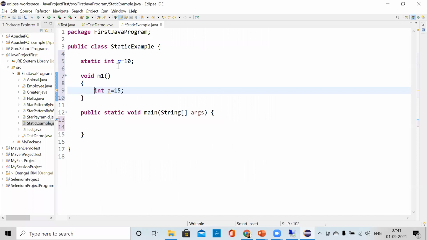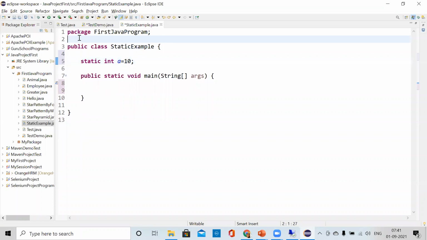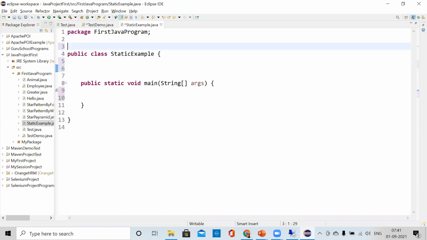If we have written a static variable a equal to 10, suppose there is one class, and the class name is S2.